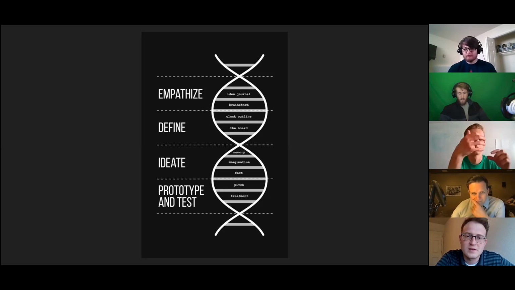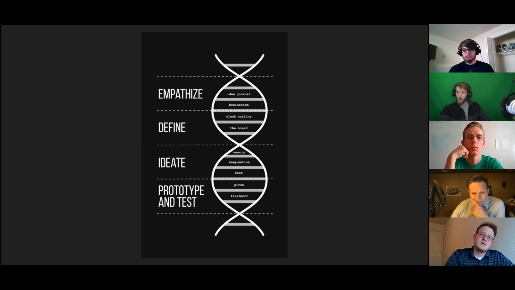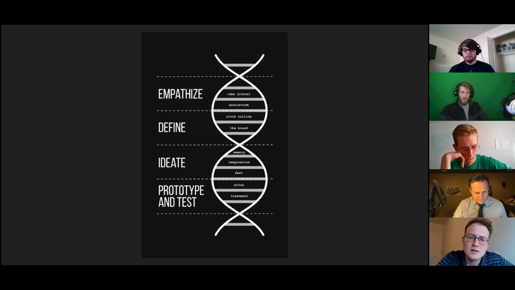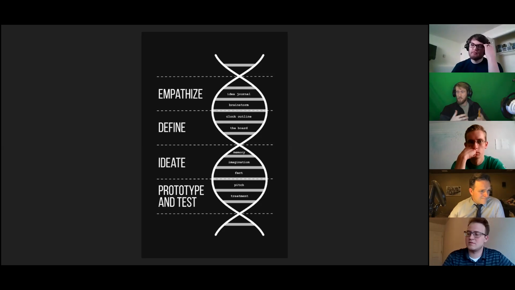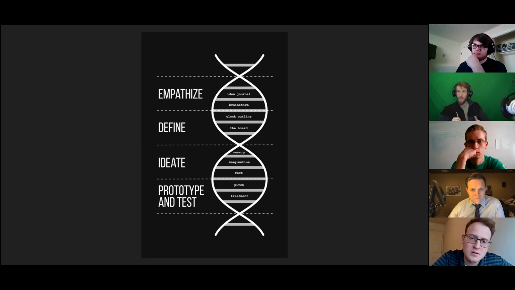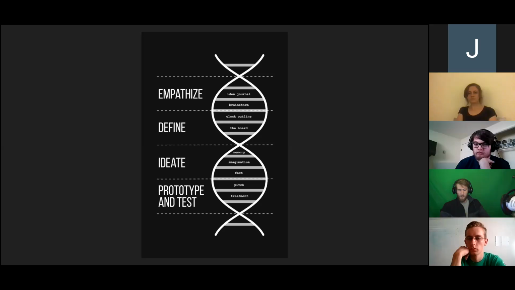I do have an idea. I think having the homework for coming up with a short film idea would be great for what Jesse taught us. Especially for me, I didn't know about the clock outline, and I think it's fantastic because it reminds me of storytelling in a Fibonacci way. Having the highs and lows within highs and lows keeps your audience engaged. I'm definitely going to be using that in future ideas and as I continue to learn how to write. But I like James' idea of having